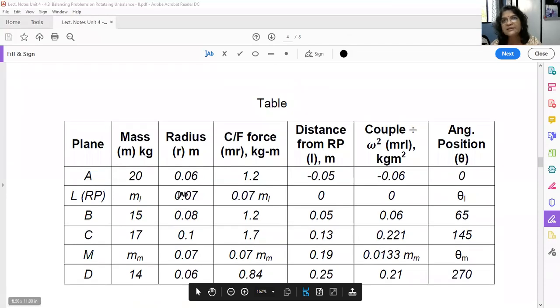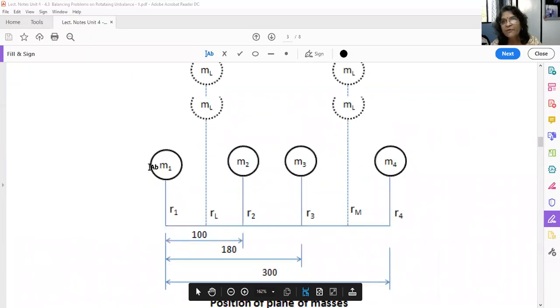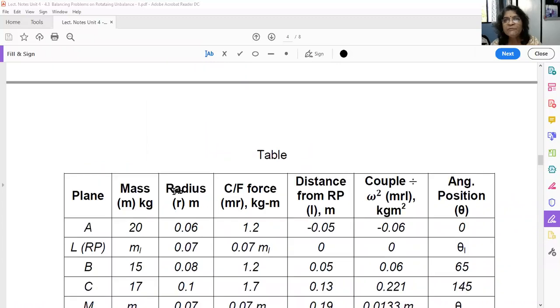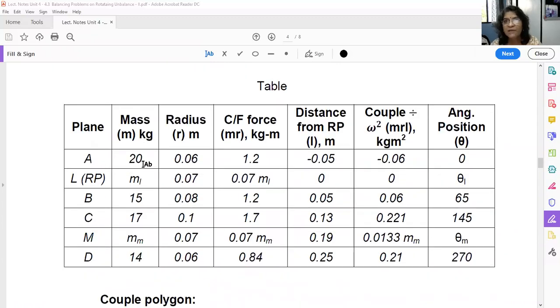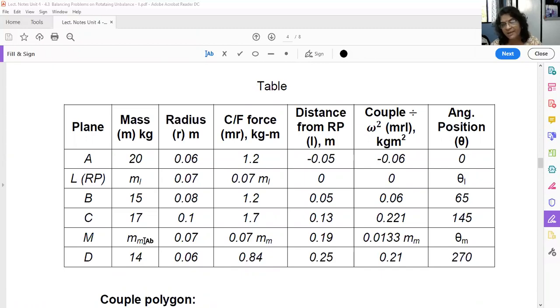So like this. In this sequence only we have to show from left to right. Then what is the second column? It will be of mass. For all these A, B, C, D masses are given, so write down those masses. And these 2 masses are unknown, which we want to provide. That is, this is ML and this is MM. Write down ML and MM.